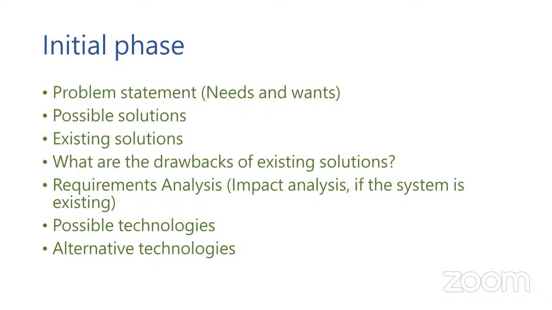Then comes the requirement analysis. So for example, if I go back to my previous problem, car dealership, what are the requirements of the car dealership? One is the customers come to me. I have to collect some basic information from the customer. What is the customer name, phone number, email address? If they can give the mailing address, I can send some advertisement material to their home by USPS mail. That is the minimum information I'm going to collect.